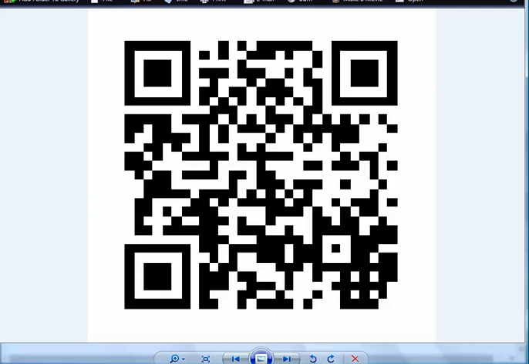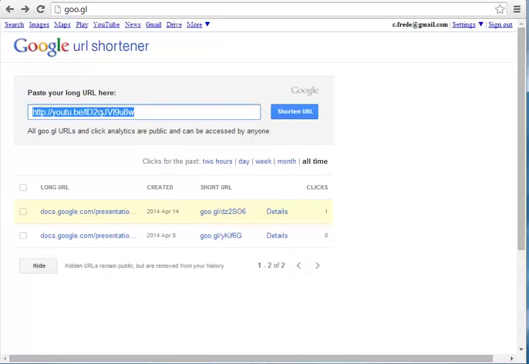You've probably seen this before. It's called a QR code, and it's a type of barcode that can easily be read by most of today's cell phones. But did you know it has a great use in the classroom also? I'm going to show you today how to create a QR code using Google's own shortener,